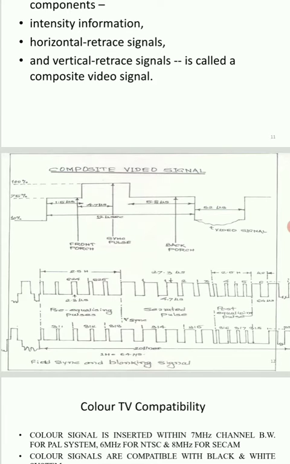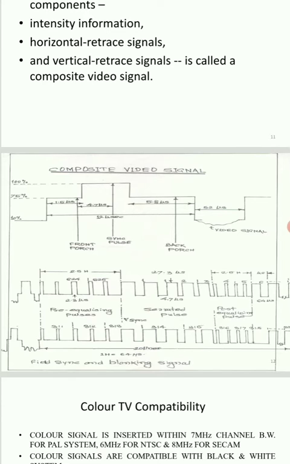Here you can see the front porch of 1.5 microseconds. The first waveform is kept to achieve exact triggering of the time-based circuit in a TV receiver, due to which the spot beam properly arrives at the left.